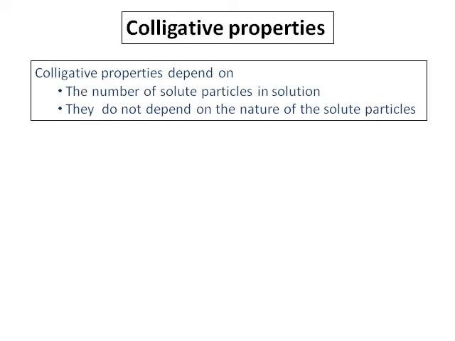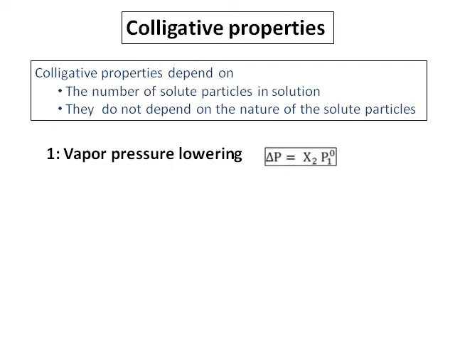We are further doing one more colligative properties. We have been learning that colligative properties depend on the number of solute particles in solution and they do not depend on the nature of the particles. So we also know that there are four colligative properties: vapor pressure lowering, boiling point elevation, and the third one